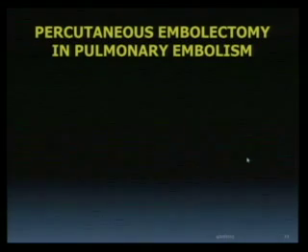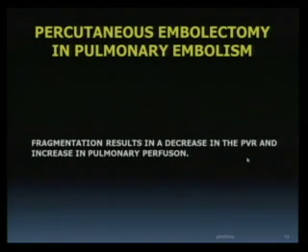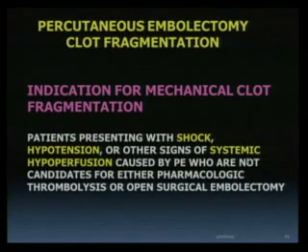Percutaneous embolectomy in pulmonary embolism uses a catheter to remove the thrombus and/or fragment existing thrombus into smaller sizes. Fragmentation should result in reduced PVR. I have shown that schematic model, and therefore it will increase pulmonary perfusion. And the indication for this is the presence of shock, meaning massive pulmonary embolism, other signs of systemic hypoperfusion, and